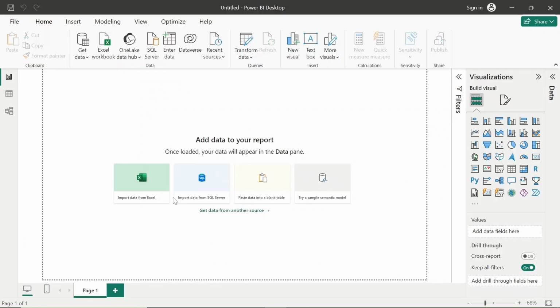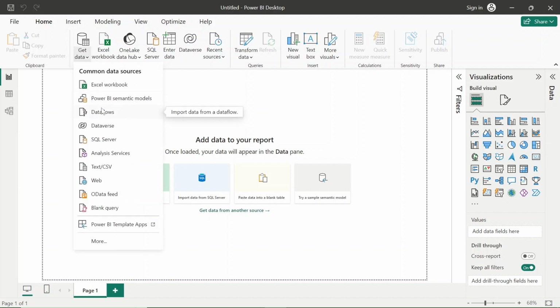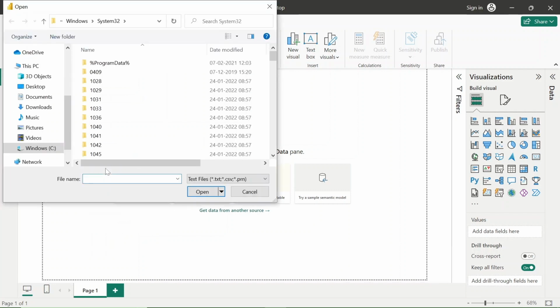So this is the Power BI. If you want to import data, we need to go to Get Data. There are a lot of options available, but we are going to import the data in the form of CSV file because our data is present in CSV files. So let me click on Text and CSV.